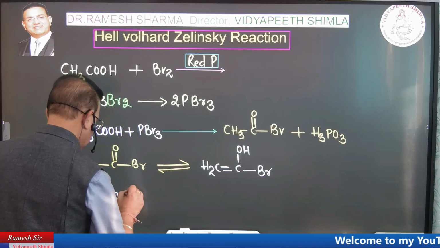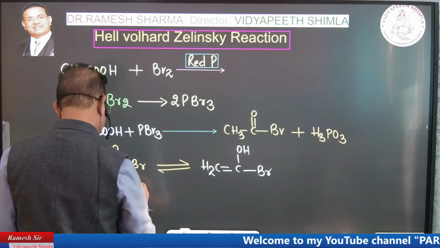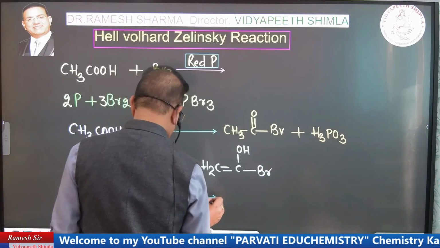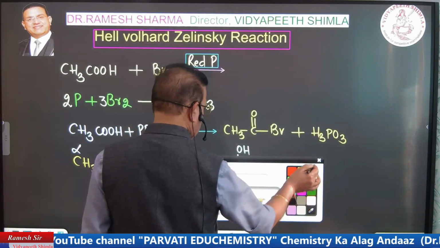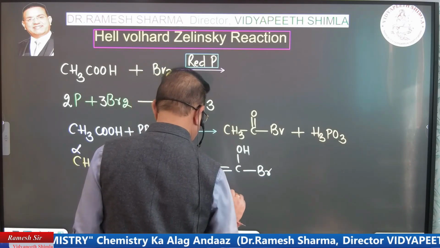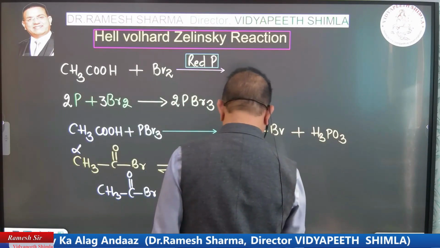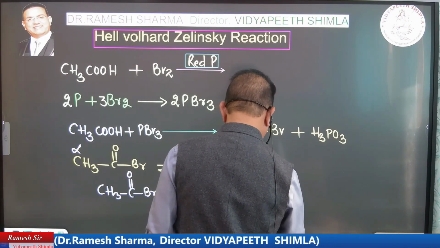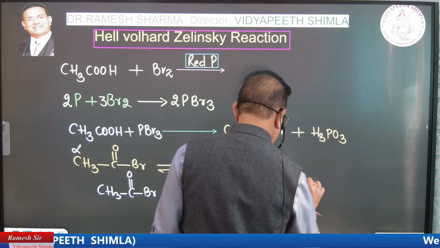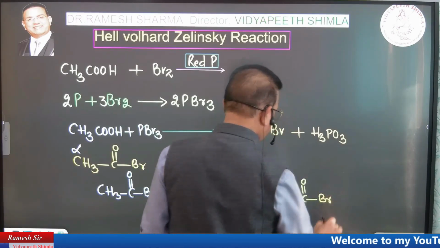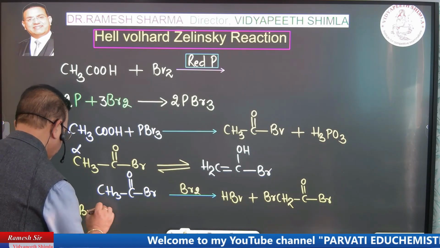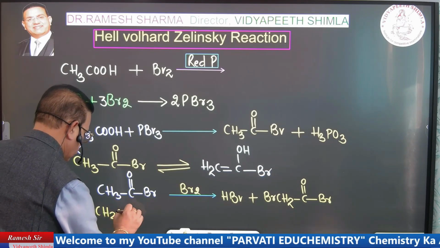Hence, if we do its further bromination, the bromination occurs at alpha hydrogen, where you will be getting HBr plus BrCH2COBr, and this BrCH2COBr